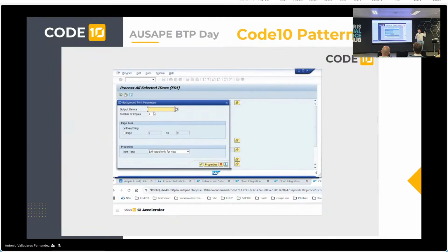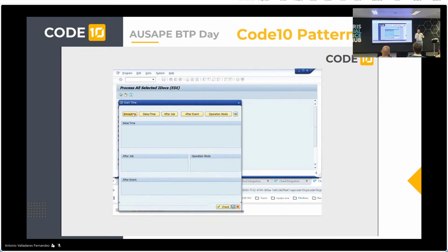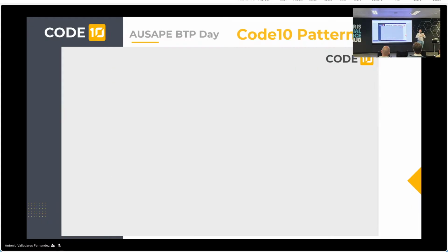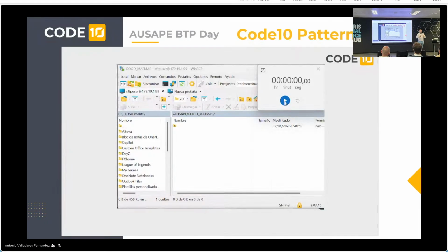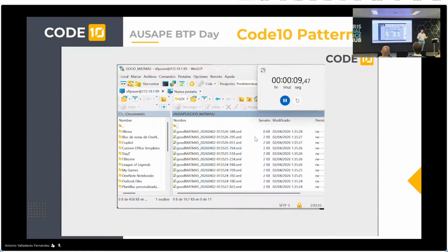S4HANA, when it triggers one IDOC, opens a connection, and as the first step, puts it in a JMS queue and closes the connection. So we don't have the whole end-to-end process waiting to close the connection. It releases the connection faster and allows all the processing inside the integration suite, and doesn't block the sender systems. So it's way faster. You see, first in 10 seconds, we already have 19,